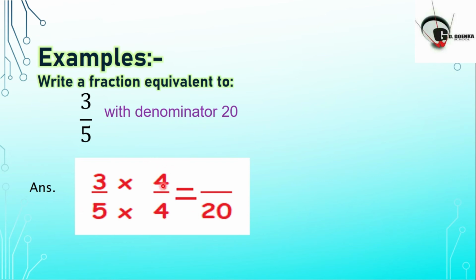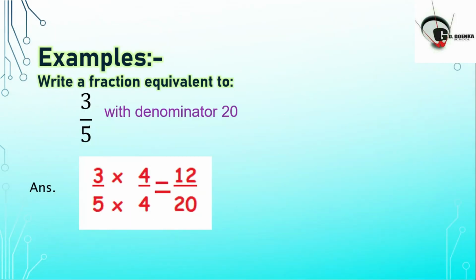But I have to multiply the same number with the numerator also, because we have seen the rule that whatever we are going to do with the numerator, we have to do with the denominator as well. Or if we are going to do whatever with the denominator, we have to do with the numerator as well. So as I have taken 4 here because 5 4s are 20, I have to multiply this 3 also with the 4. So I am doing 3 into 4. 3 4s are, I hope you have found the answer. The answer is yes, 12. So the equivalent fraction will be 12 upon 20. 3 upon 5 should be equal to 12 upon 20.